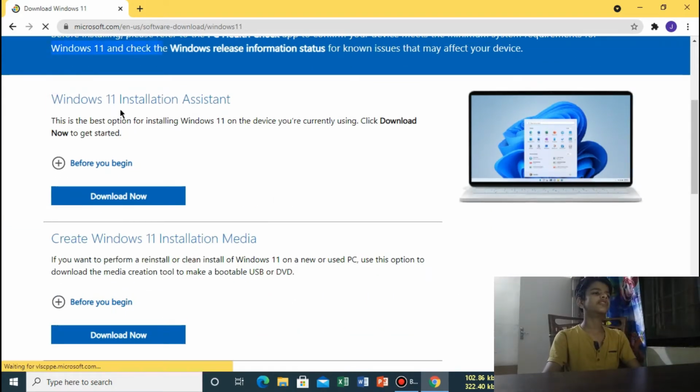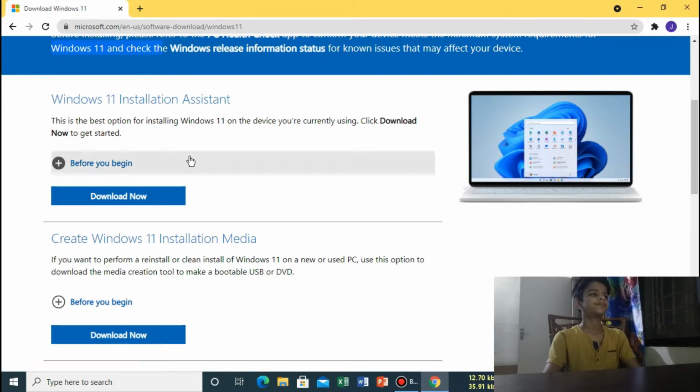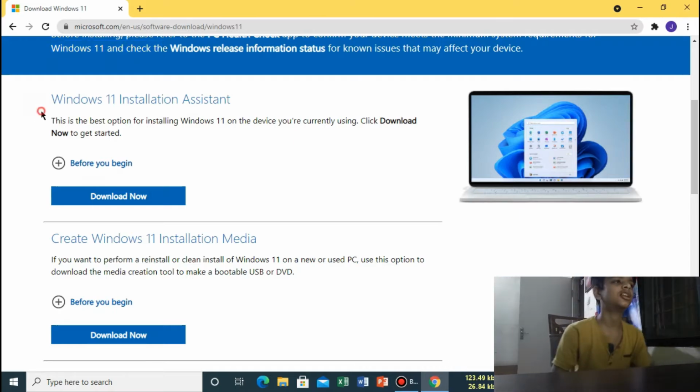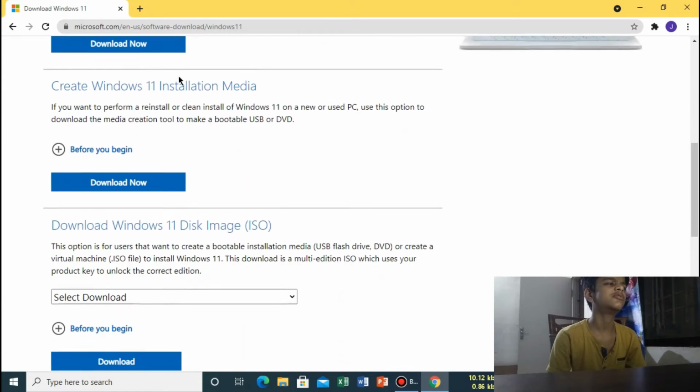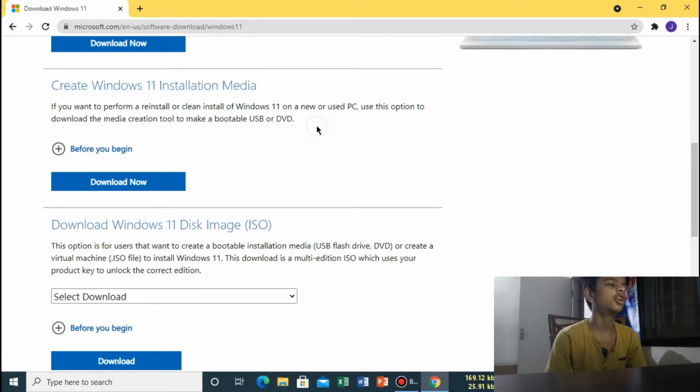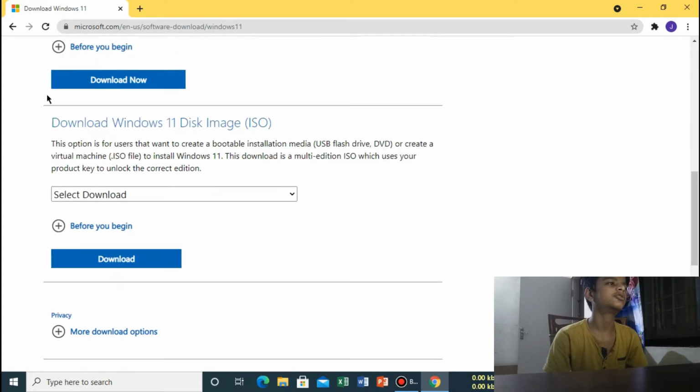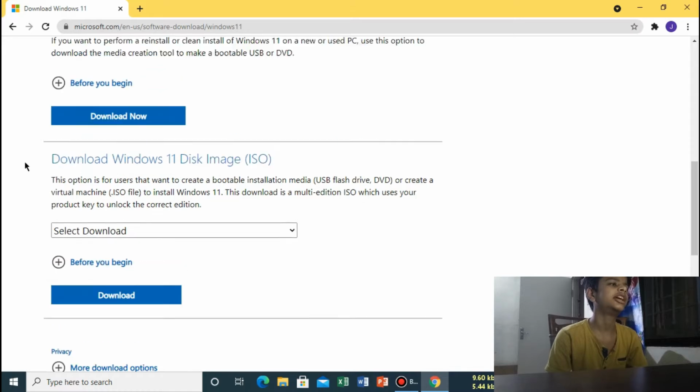Here, if you are using Windows 10, then you can try this method. It will install a tool, and then you can directly upgrade your PC from Windows 10 to 11. This will mostly work only on Windows 10, but this is for all Windows. Even if you are using Windows Vista, this will work. It will download a media creation tool, like in Windows 10, and it will install the Windows 11 ISO for you. This is the recommended step. I recommend you do it this way. It will save your time.